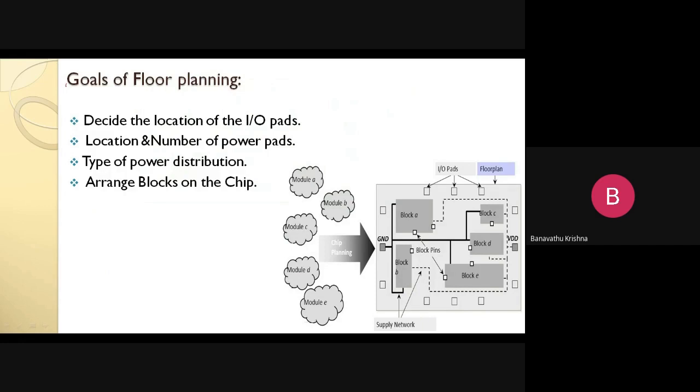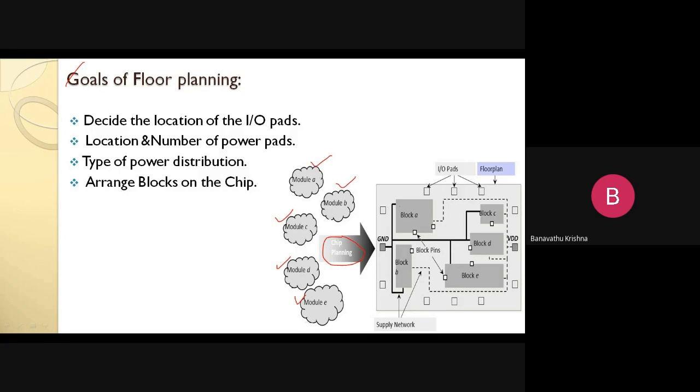And here are the global goals, the goals of floor planning. So let us see here. This is module A, module B, module C, module D and module E. So these are going to be chip planning. Okay, this is the chip planning here. So where do we want to place these modules in the floor plan area? Then how do we reduce the utilization area, and how do we use the shortest paths for making the interconnections? Whatever the parameters are, we arrange them in a proper way. Then only the system performance improves.